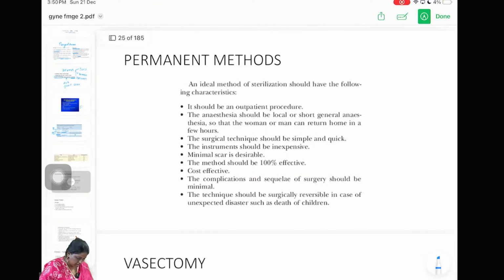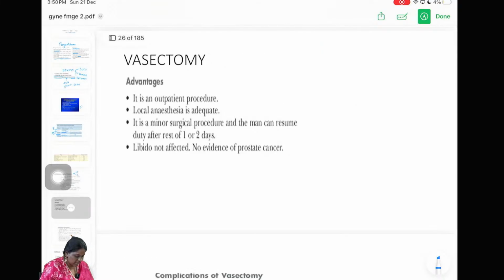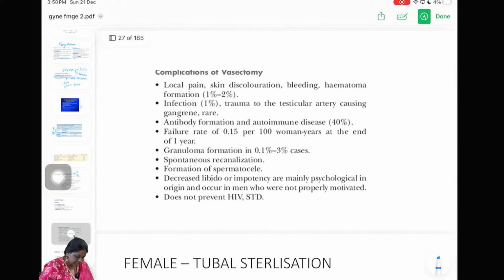Now, coming on to the permanent method. So, what is the permanent method? That is for sterilization. We have got male sterilization as well as female sterilization. Male sterilization is vasectomy. It is an outpatient procedure, very simple. It is a minor procedure and libido is not affected. And the important thing that you should know is that it does not produce